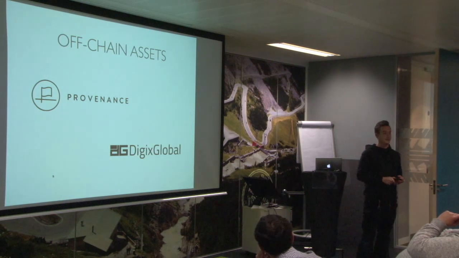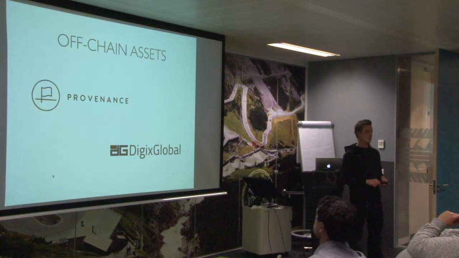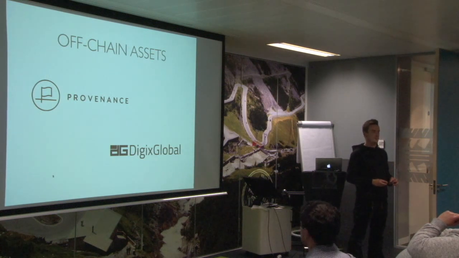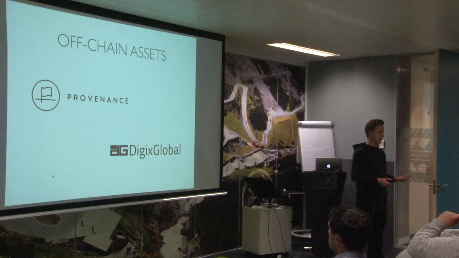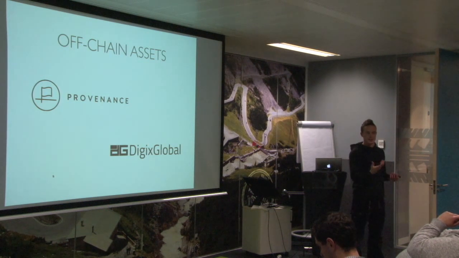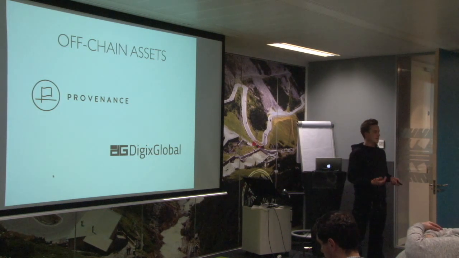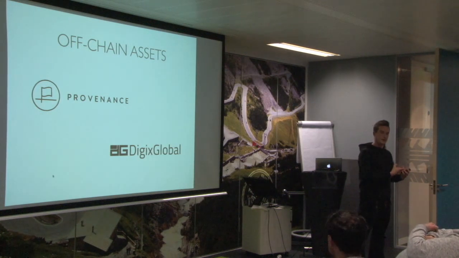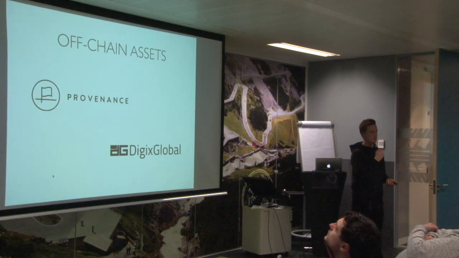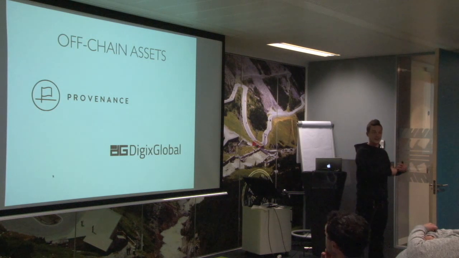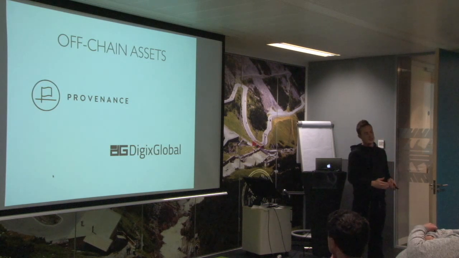For example, Provenance. They are working on a system for supply chain tracking on the blockchain. So companies that, as part of the production process for certain products, say a smartphone or a bicycle, whenever they finish a step in production, or whenever a company makes one of the components, they store a unique identifier for that component on the blockchain. They can't take that back afterwards. No one can alter that. And ultimately, you end up with a full